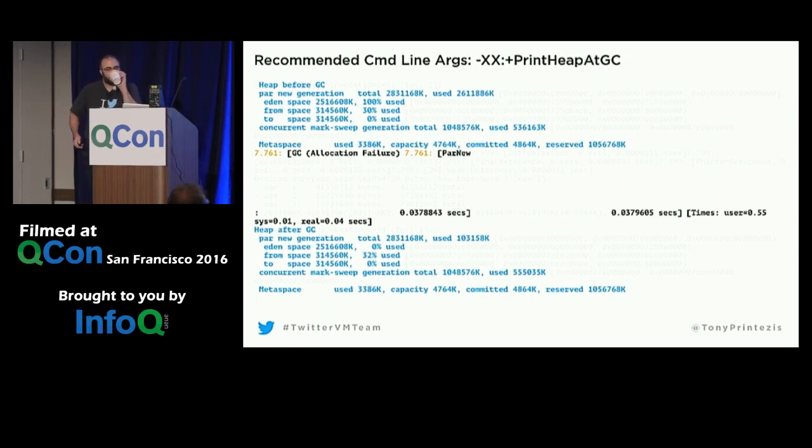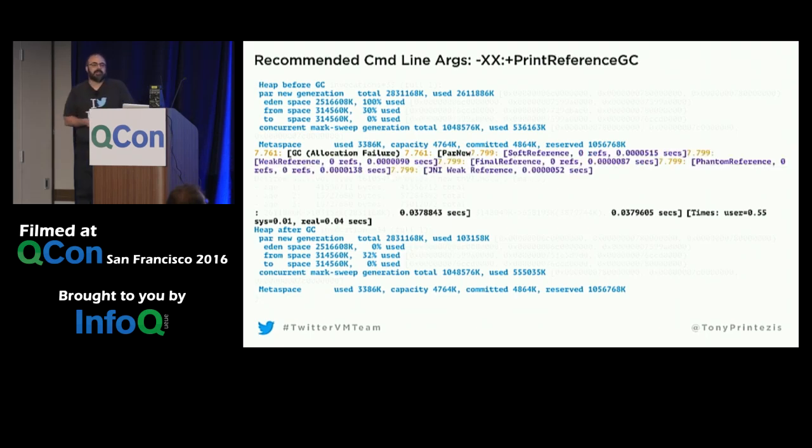In blue, we have the output from PrintHeapAtGC. And this is very, very helpful. It tells you for every space in the heap, in the young generation, the spaces within the young generation, either survivor, in the old generation, the metaspace, it tells you what the occupancy was and how big the space was before and after the GC. And that's really helpful because you see what's growing in the GC, whether the old generation is growing fast or slow, or how full the survivors are, etc. This is very, very useful information.